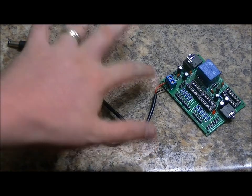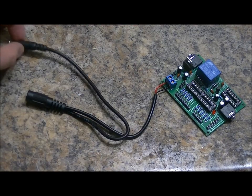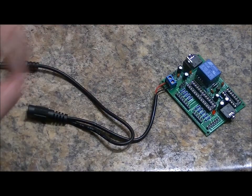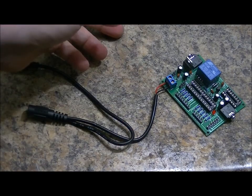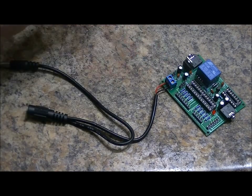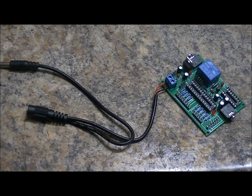If you're going to remove the male jack and expose the wires like I did, you're going to want to make absolutely certain that the battery pack is not connected, and especially not turned on while you're stripping the wires and putting them into the terminal. That's because you don't want the 2 wires to short each other. If you do that, at the very least you'll damage the battery. You could even cause a fire if you're not careful,